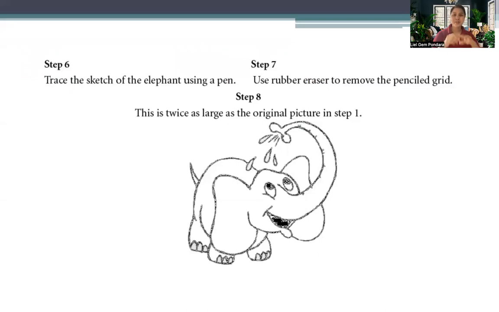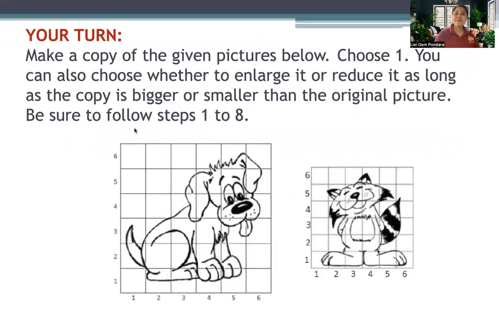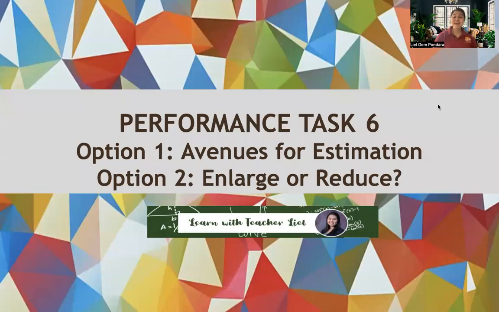Again, you can choose whether to make it smaller or to make it bigger. Here's your turn. You make a copy of the given pictures below. Just choose one picture to draw. You can also choose whether to enlarge it or to reduce it as long as the copy is bigger or smaller than the original picture. To our online students, I have attached a worksheet for you. So please follow the size of the picture that's being there and follow steps 1 to 8. This ends the guide for this performance task,